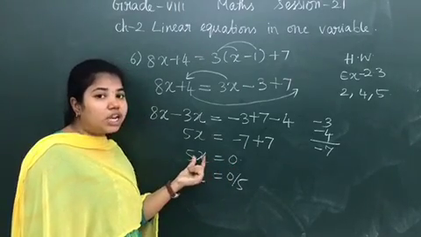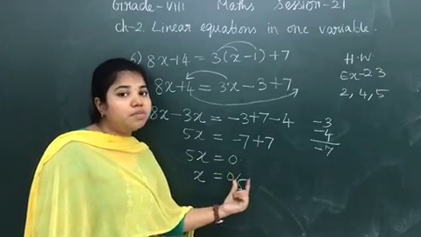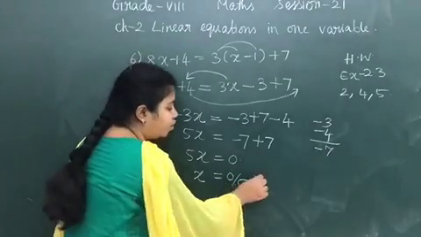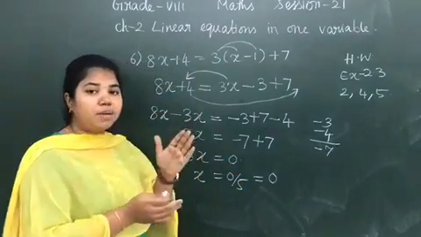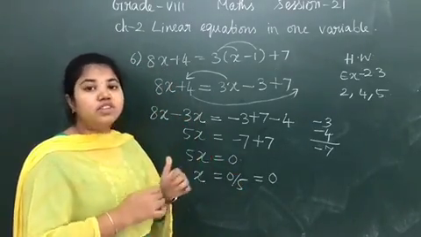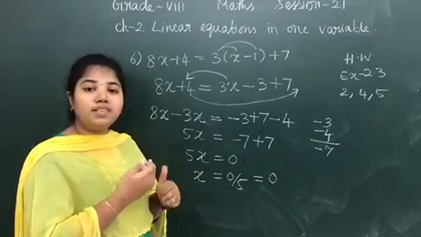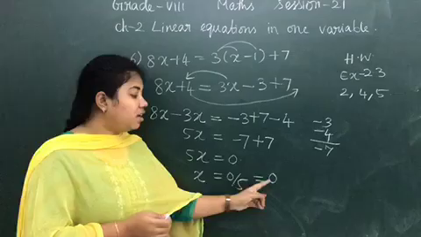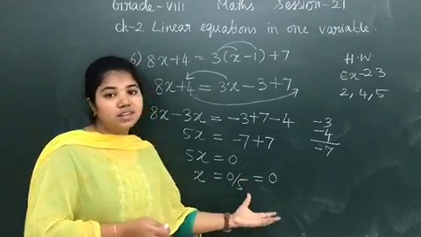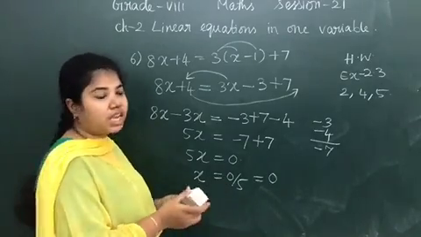5 and x are in multiplication. So when 5 goes to RHS, it becomes division. So 0 divided by 5 is 0. Very good. Then what divided by 0 is not defined? Very good. Any number divided by 0 is not defined. 5 by 0 is not defined. 2 by 0 is not defined. But 0 by something is 0. So my x value here is 0. Can you understand? Are you clear with the sum? Now let us move on to the checking part.